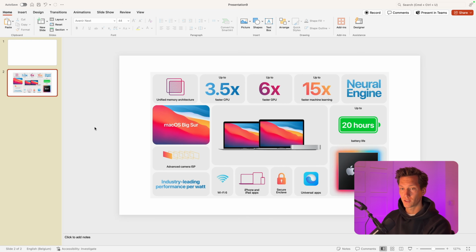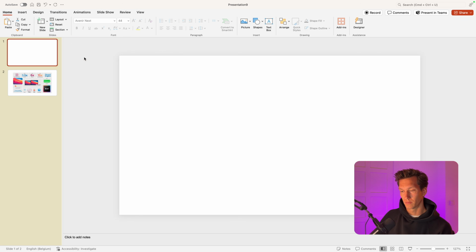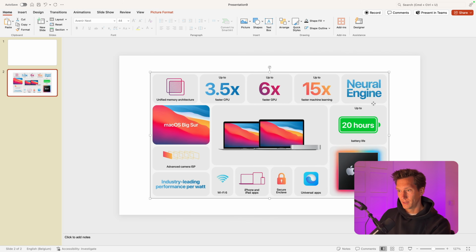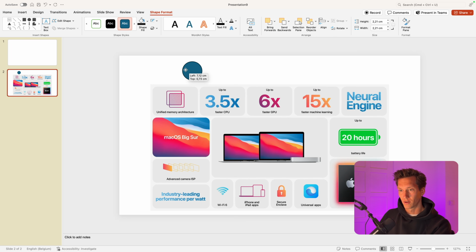So the first thing we want to do is we want to grab the colors, so we have the same or similar colors to use. I'll just reformat this one to blank. We don't need anything. And then put a circle. I always like to work with circles or just shapes and just drag a few, 6 in total, on top